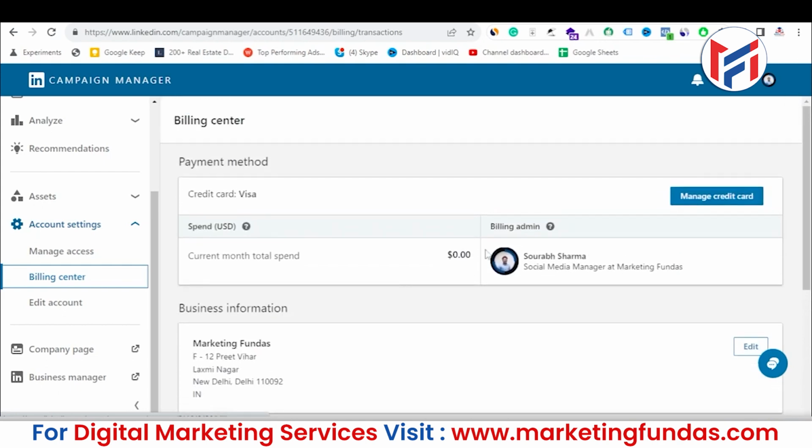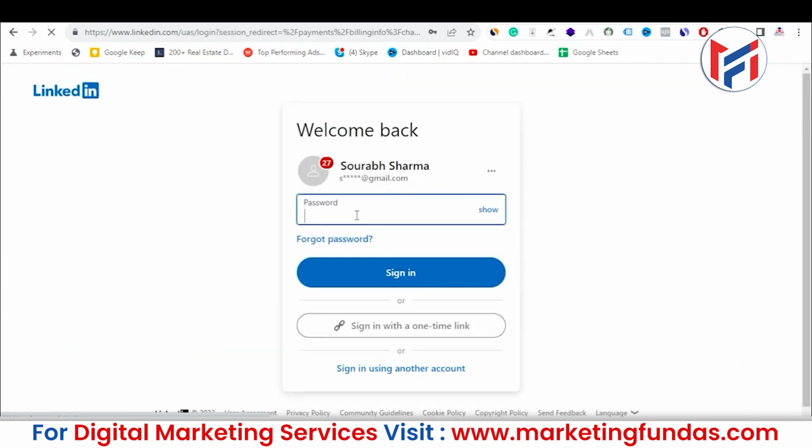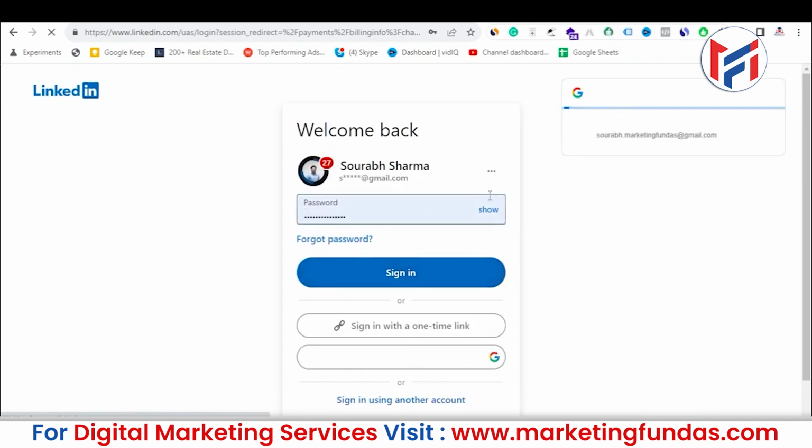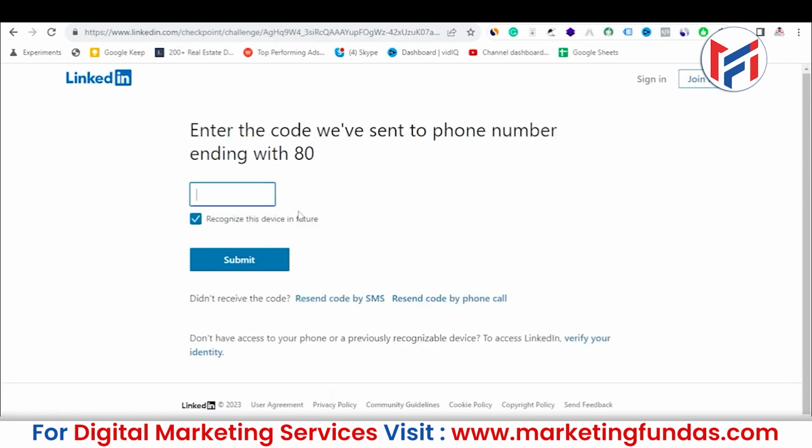I have skipped that OTP part, and as you can see my card has been connected over here, and if I click on manage card, I'll be able to see my card. Let me click. So it is asking for the password again, and then you need to add the code which you have received on your mobile phone. So let me enter the code here,